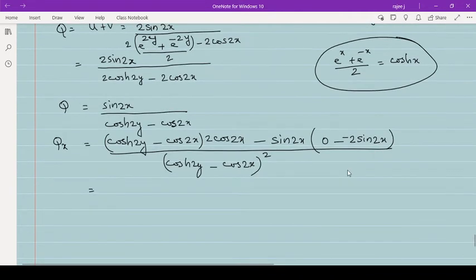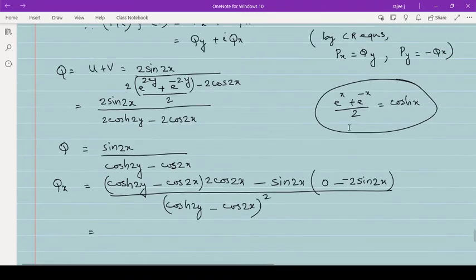See, if I have x minus y, I want to make here 2, I want to make 2x. So what I will do? 2x by 2 I will do. Okay, only this one we will do, because here we don't want to change. This 2 cos 2x we don't want to do any kind of changes.